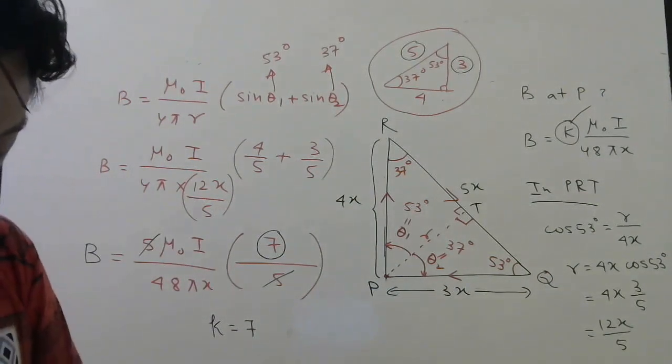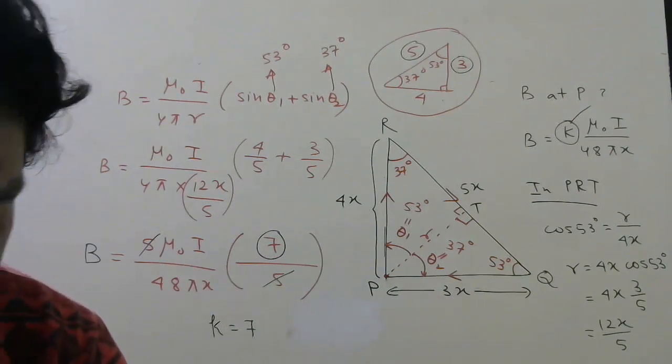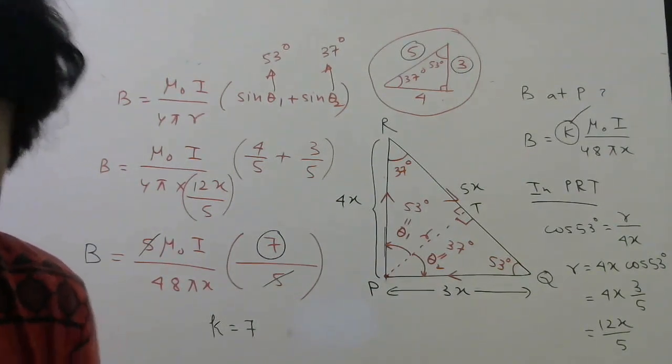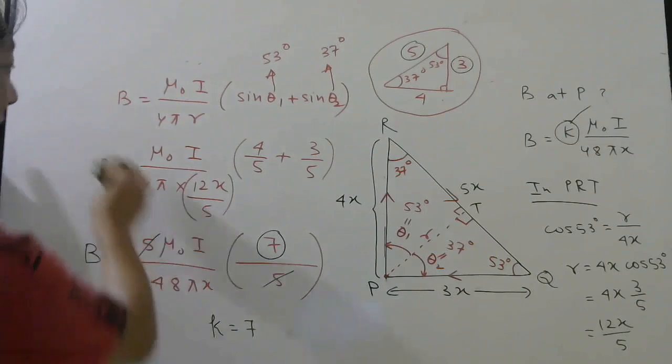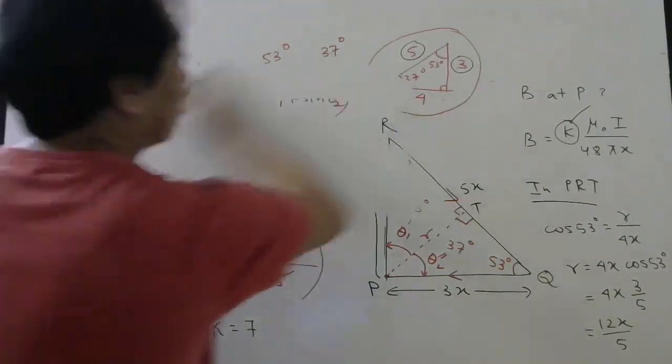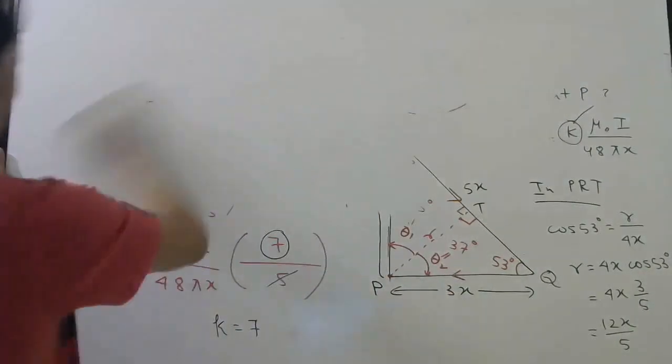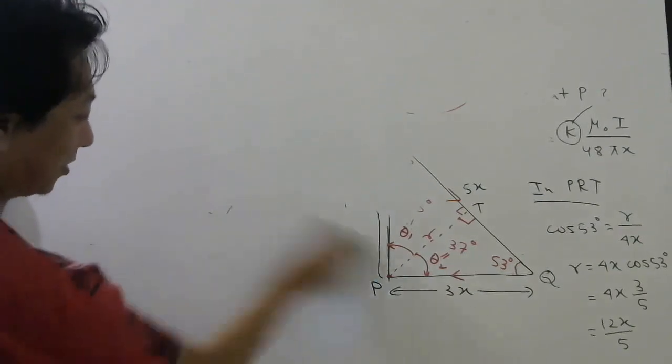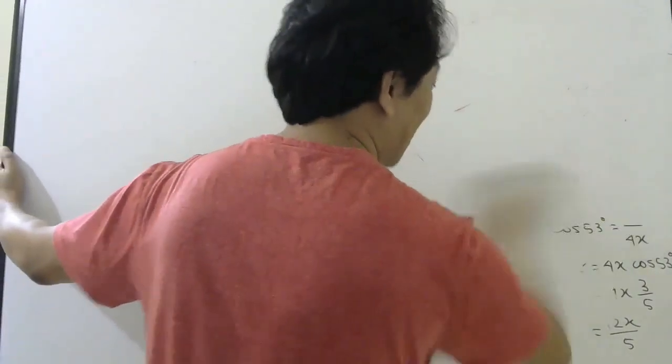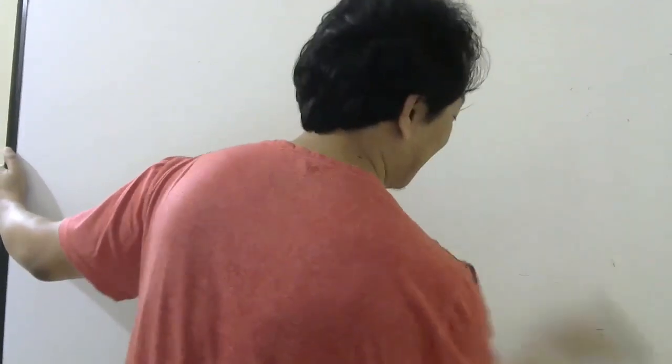Which option? Option C. It is coming in the order A, B, C. If the first question, A was the right answer, second question B was the right answer, third question C is the right answer, so fourth question it must be D. Let us think. Let us see what it is. Okay. Let us see the next question now.